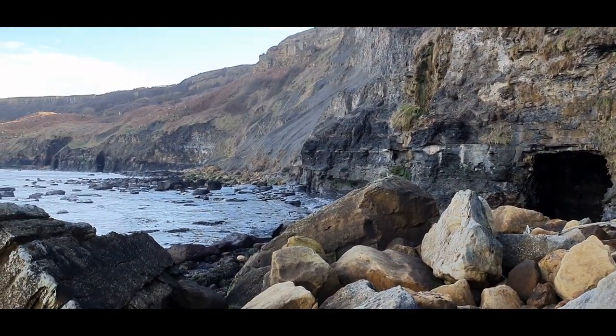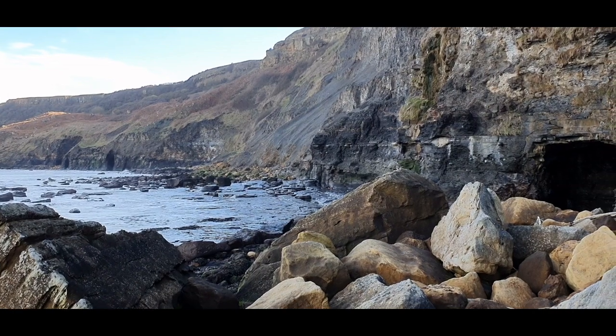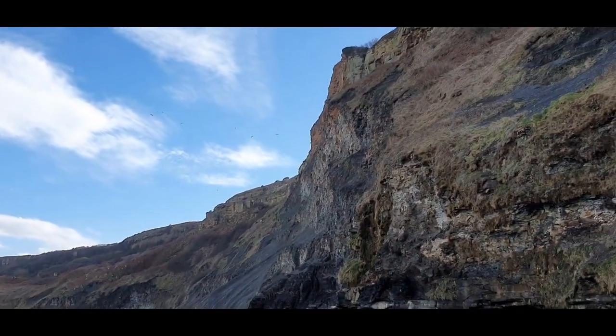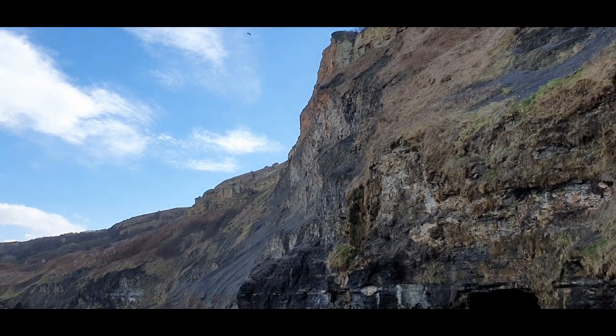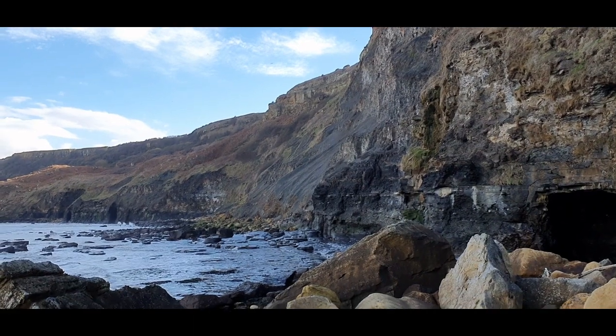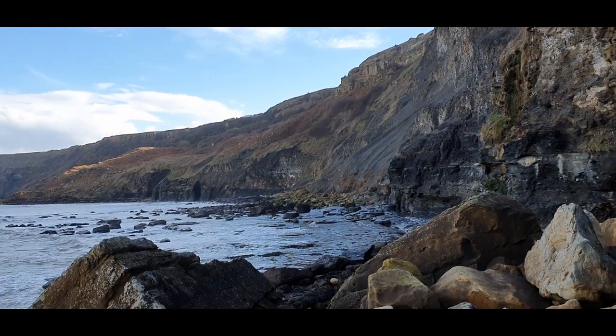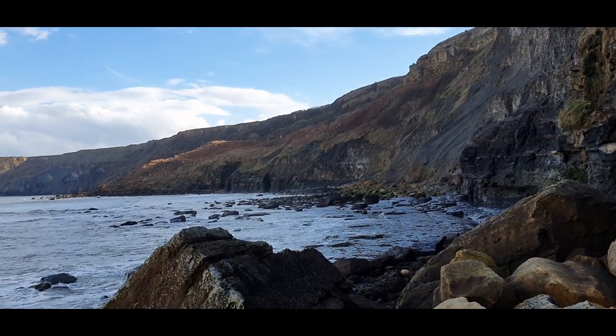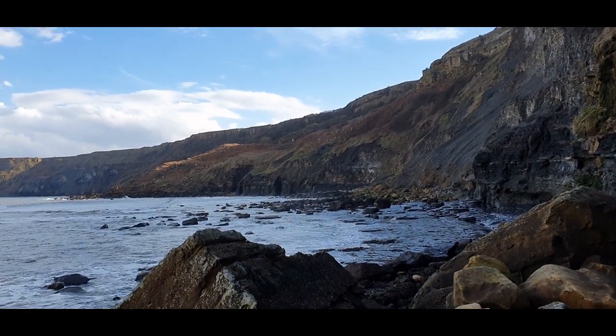So the nearest end to me starts with a jet rock, and then there's Bifron zone above that. That's in the cliff. So you get quite a bit by that landslip, and then over the other side is grey shales. So yeah, quite an interesting bay, and you can make your way up here as well for up to the